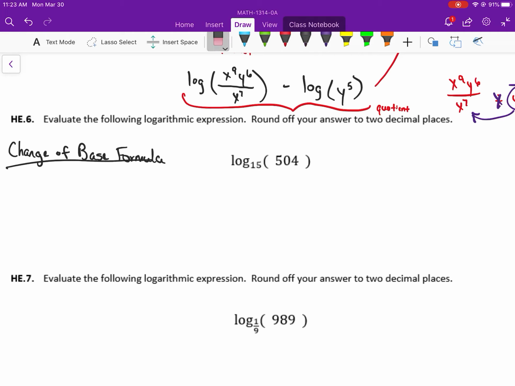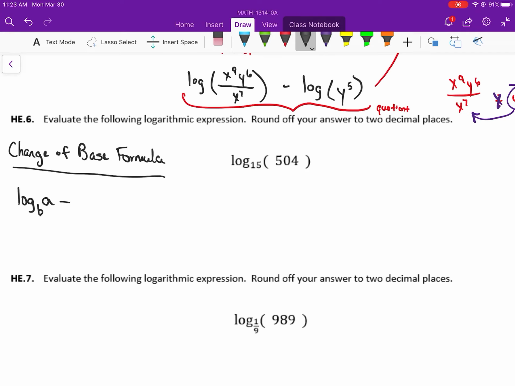Change of base formula. All right, so change of base formula, and I just wrote through that. There we go. Cleared it. There we go. Change of base formula says